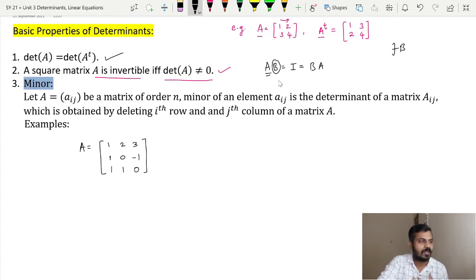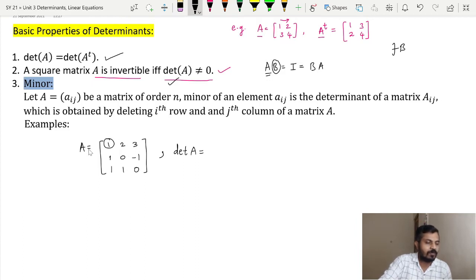But the question is, when does this inverse exist? It exists if the given matrix has a non-zero determinant. Let us see one example. Over here we have a matrix A. Now how do we find the determinant in this case? We use our usual method: we find the determinant with the help of the first row. So we will do the same thing here.